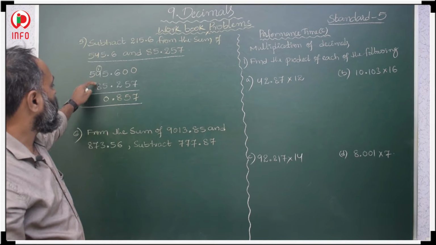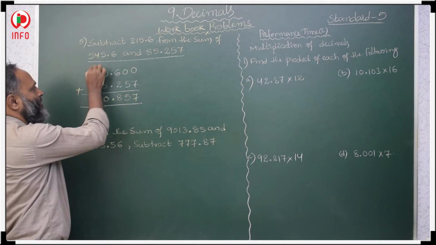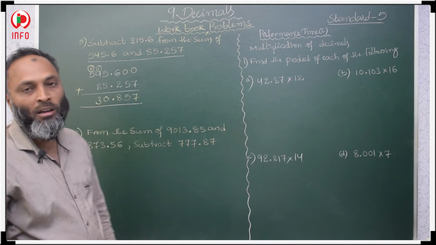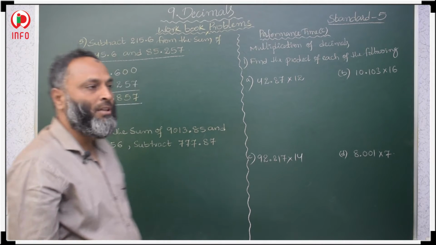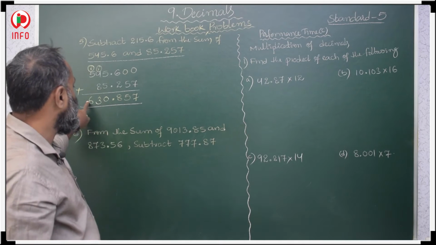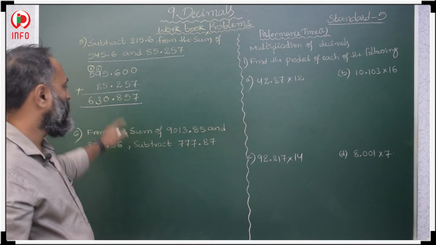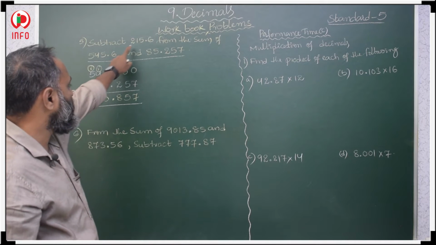Then 8 plus 4, 12 plus 1, 13, 3 in 10's place, 1 we should carry over to 100's place, 5 plus 1, 6. What is the sum? 630.857. From this sum we should subtract